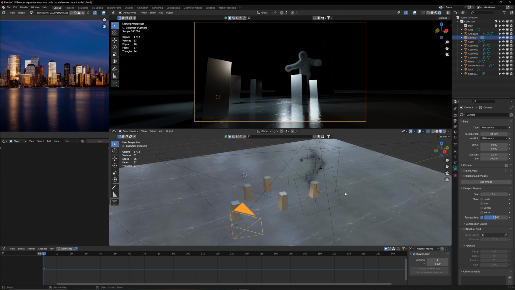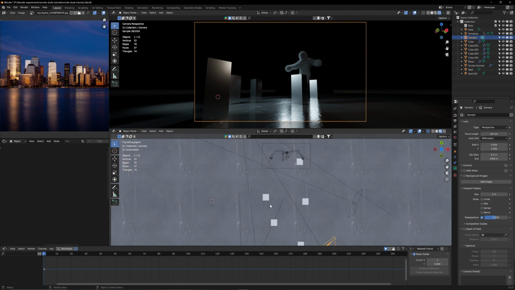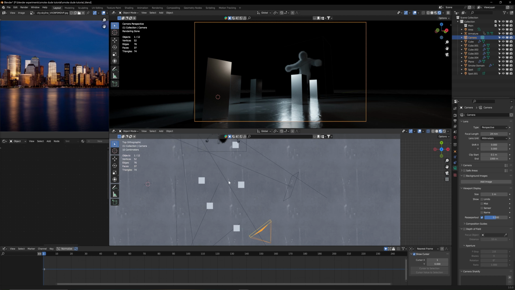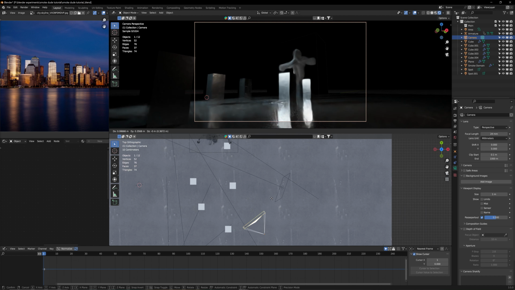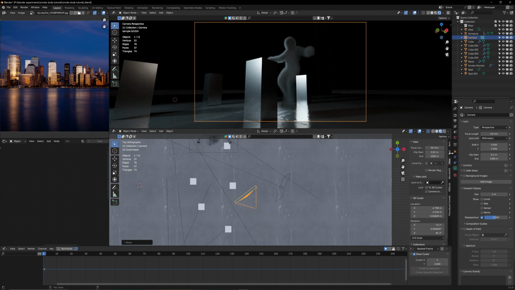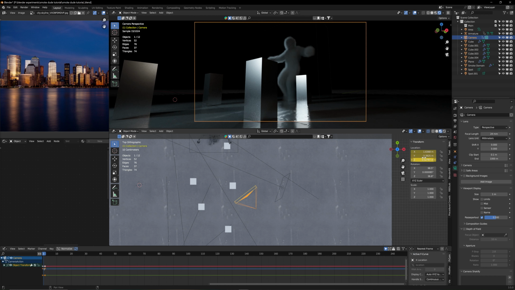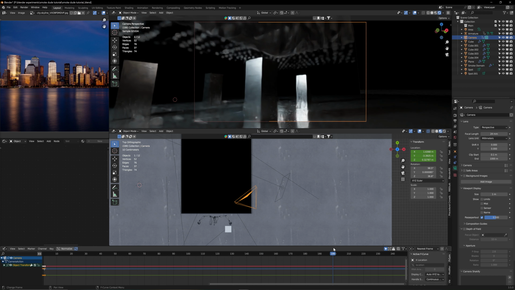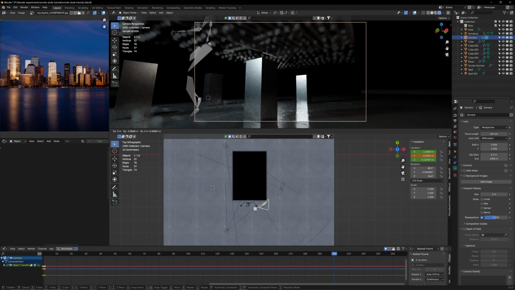Now I'm going to animate my camera a little, so it's going to follow him while he's walking. So I'm going to go to the very first frame. On the top I can always see the angles he's looking at. So this is where I start. Hit N. Go to Item because I have my camera selected right now. Hover over location, hit I. I just made a keyframe. Go to the last frame and go up here